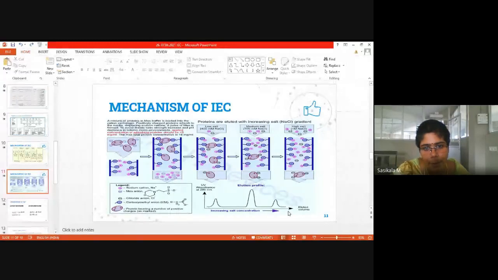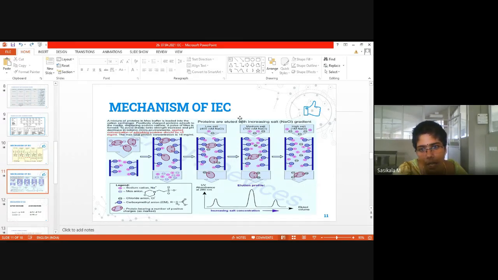This is an example of a protein that is separated inside the column. You can see the negatively charged matrix. Just imagine this is the column, the analytical column, where this happens. It is a negatively charged column for cation exchange purposes. First, it is saturated with mobile phase ions, so the positive ions are mobile phase ions. Now the sample is loaded. This sample carries positive charge, and it replaces the mobile phase counter ions and attaches to the stationary phase.